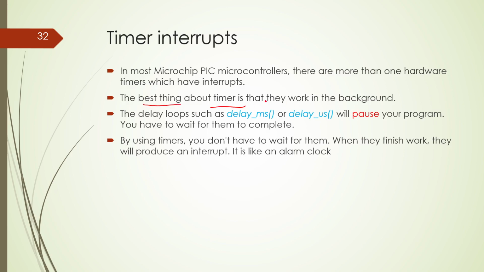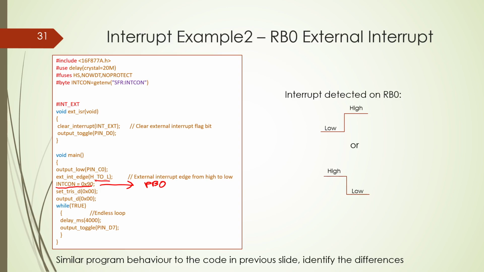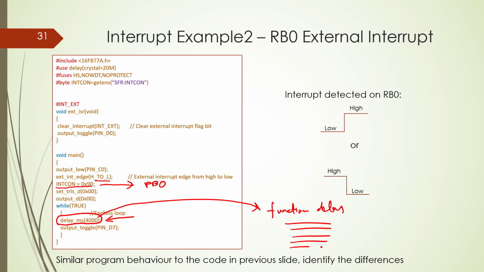Okay, the best thing about timer is that they work in the background. Delay loops such as delay millisecond or delay microsecond will pause your program. You have to wait for them to complete. Contoh macam ni lah, like this. You have to wait. The processor will execute this for 4 seconds. This is actually a function, a delay function. It will do whatever counting it needs to create the delay. It counts the time until 4 seconds, and then it will come back